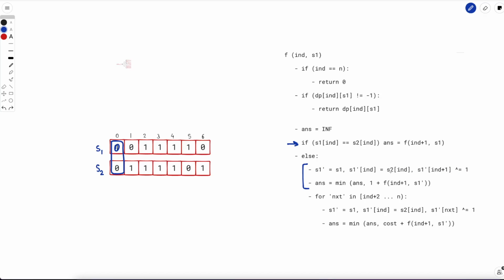This is just a swapping. So we just swap the indexes, index and index plus 1. Now whatever s1 dash we get out of this, we'll simply call the same function f for that particular s1 dash. And this one is because we have swapped the adjacent characters or adjacent indexes, and hence we have incurred